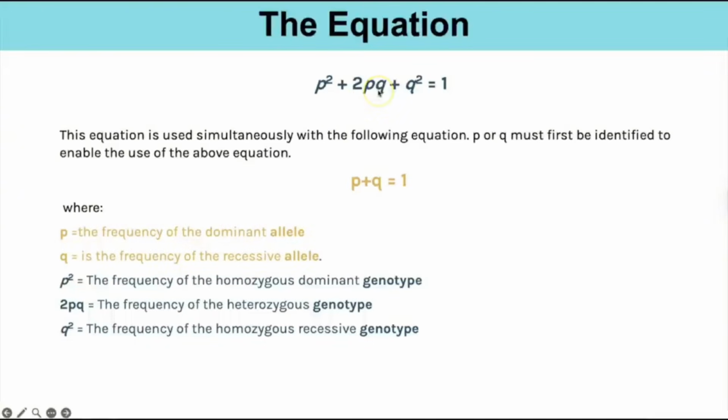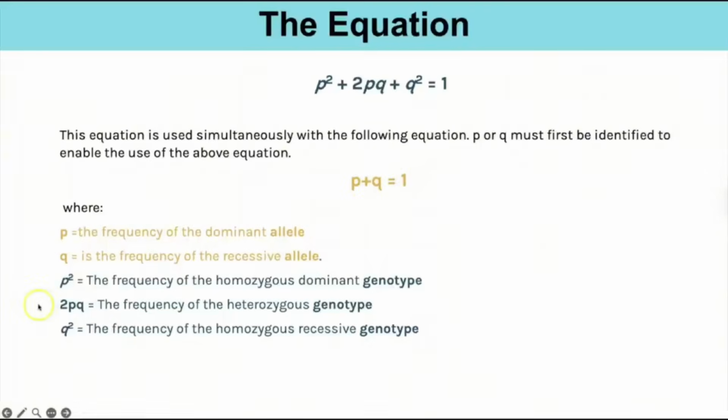So here's the Hardy-Weinberg equation. And in fact, although the top one is the equation, you have to use the top and this one here simultaneously to get your answers. So you need to know that lowercase p is the frequency of a dominant allele in the population. Q is the frequency of the recessive allele. So a single letter by itself is representing the frequency of an allele. P is dominant, Q is recessive. And if you add all of those together, that equals 1 because that's all of the alleles for that gene